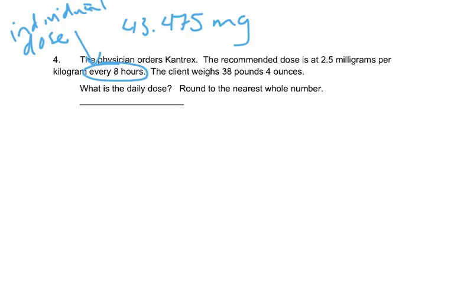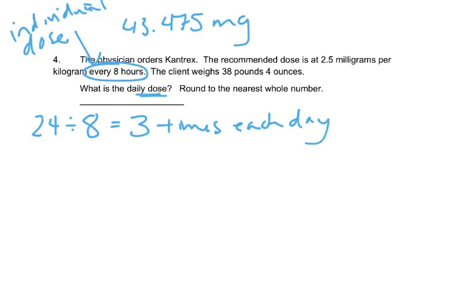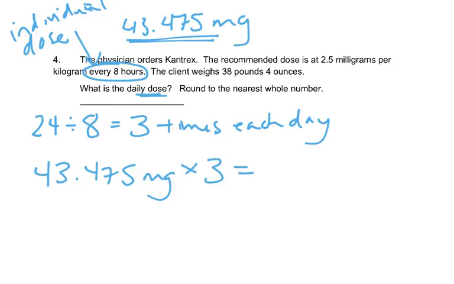So this now wants the total daily dose. So if we're giving it every 8 hours, there's 24 hours in a day, and we're giving it 8 hours. So we take 24 divided by 8, we get 3. So that means that we're giving this medicine 3 times each day. Okay, if each time we give 43.47 milligrams of medicine, and we give it 3 times, then we take 43.475 times 3, and we get